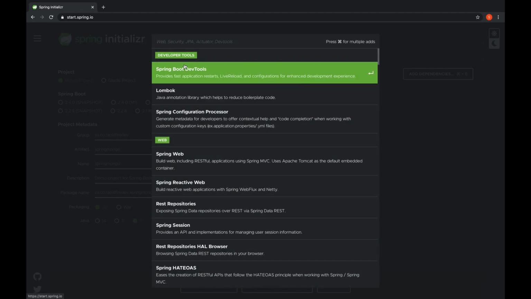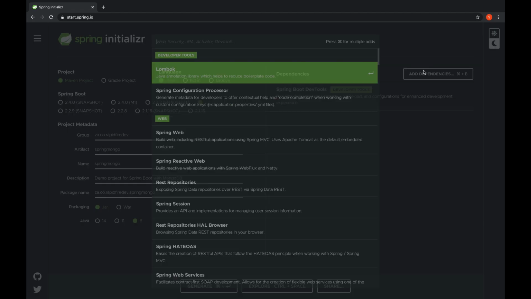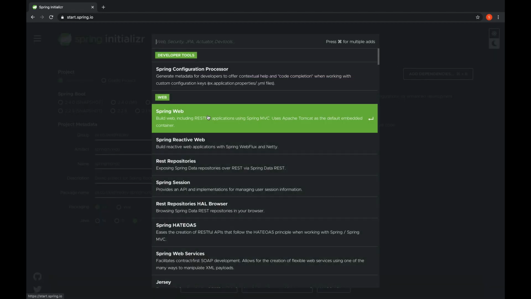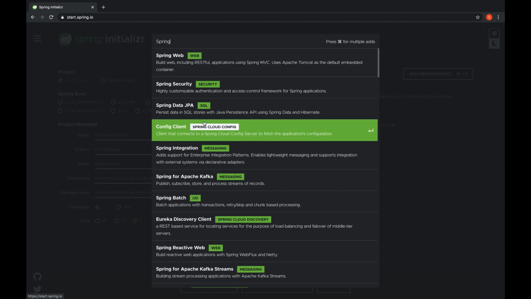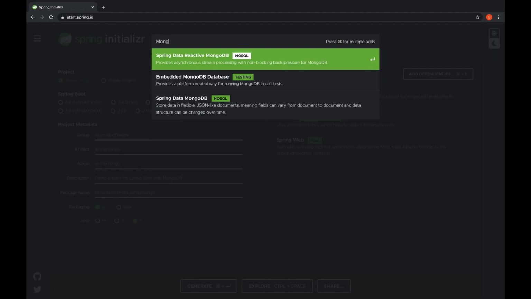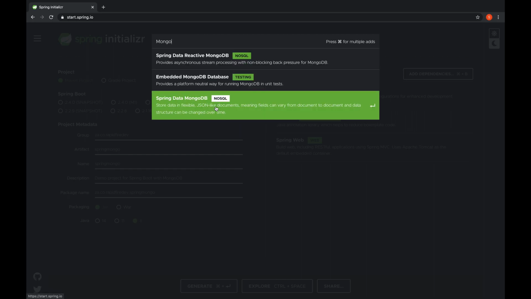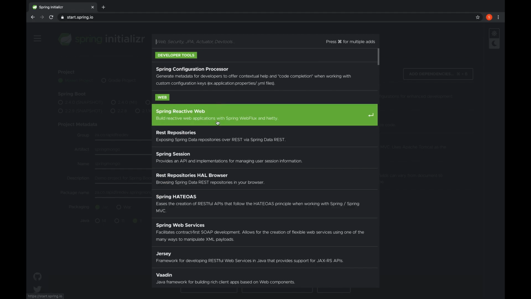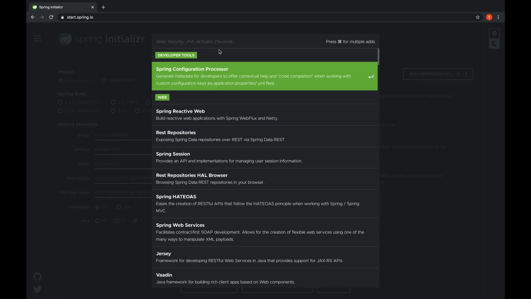Dependencies we need, we'll use Spring Boot DevTools, which just provides faster restarts and library load. We're also going to add in Lombok to reduce the amount of code we write. We're going to add in Spring Web. We're also going to add in Spring Data MongoDB. In the next tutorial, I will be showing how to do testing with MongoDB, but